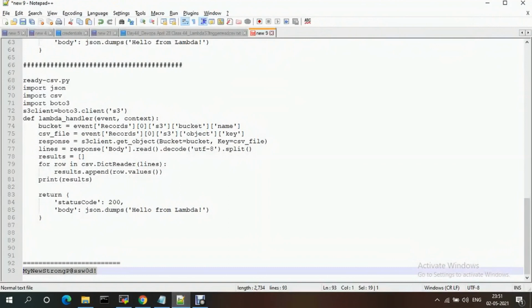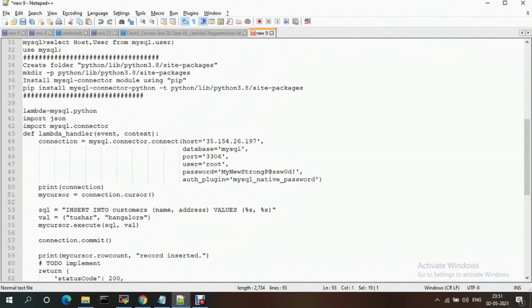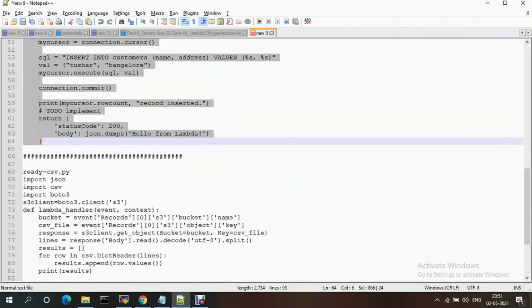And let me copy my function. See, I'm importing JSON. Let me copy this complete code.